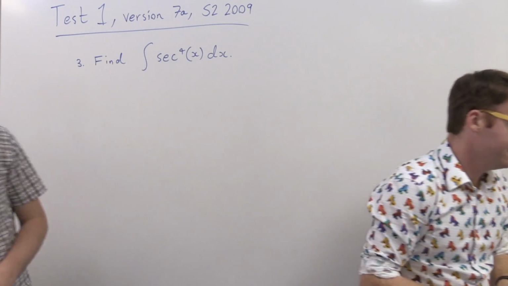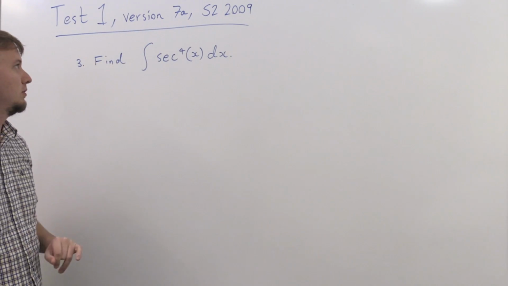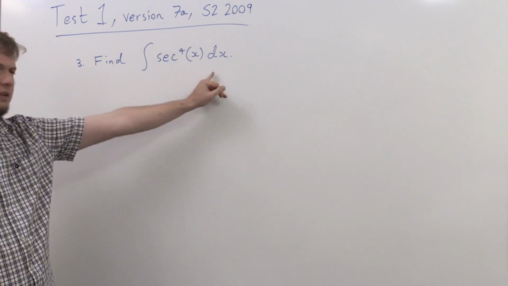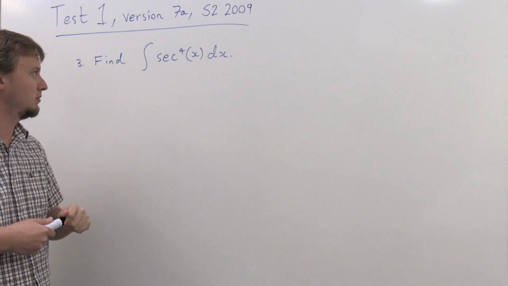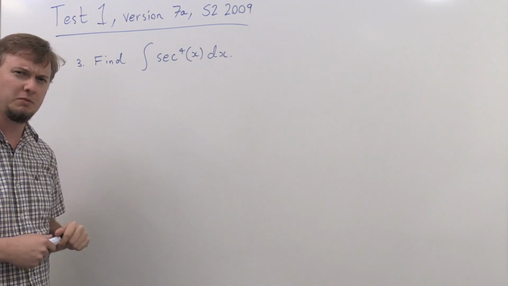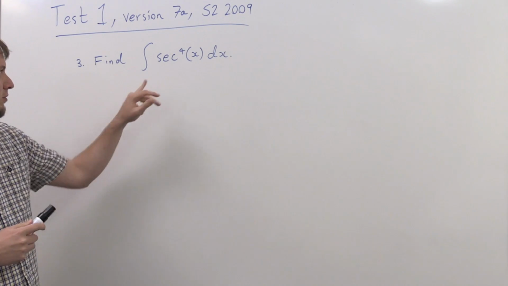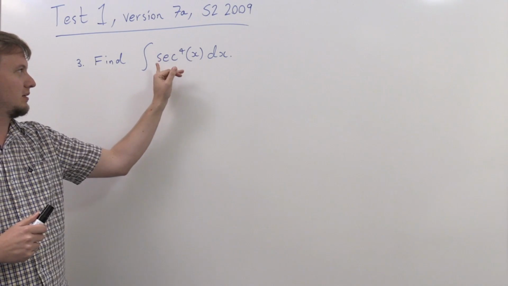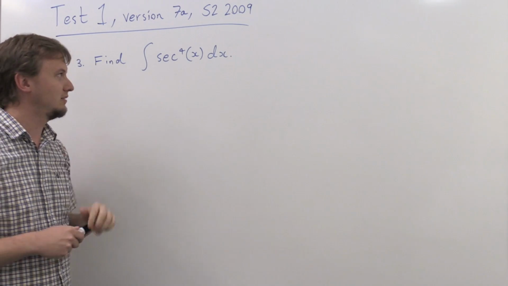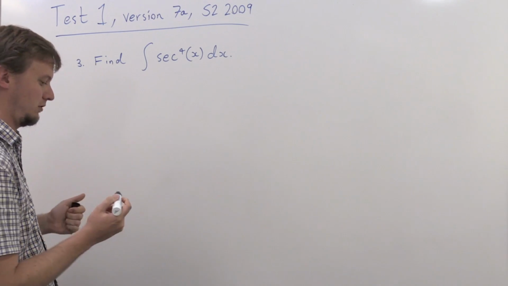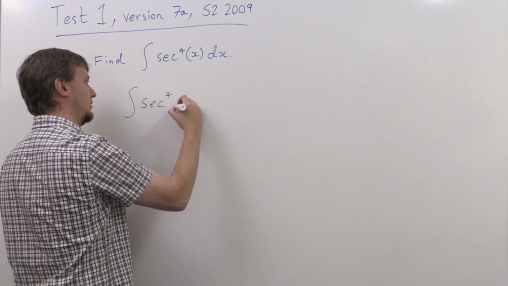Right. So this first question was taken from version 7A, session 2, 2009. It's a fairly short question, but to solve it, you really need to remember some things about sec and tan and all those functions. So a nice thing you can do here is to remember that sec squared is actually the same as tan squared plus 1. So I can write that this integral is the same as